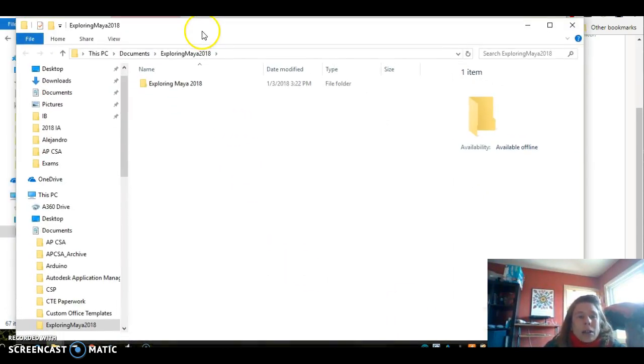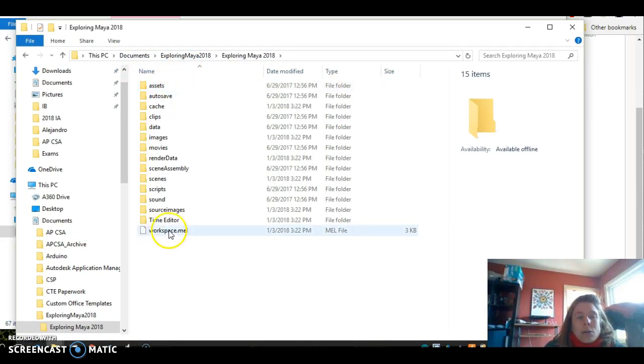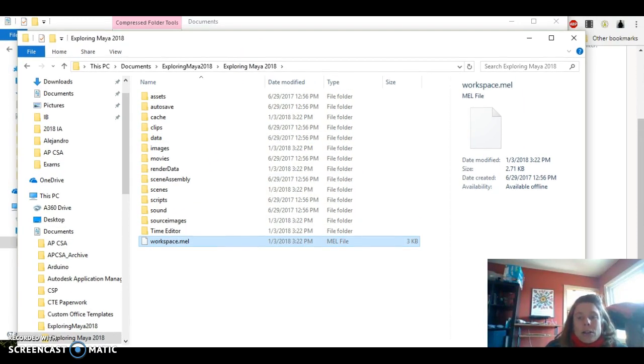So you'll see something like Documents, Exploring Maya 2018, and from there you'll want to double click and open workspace.mel, not before finding that in your directory, okay? So those are the steps you need to take to be successful in getting this started, and then following the steps in the